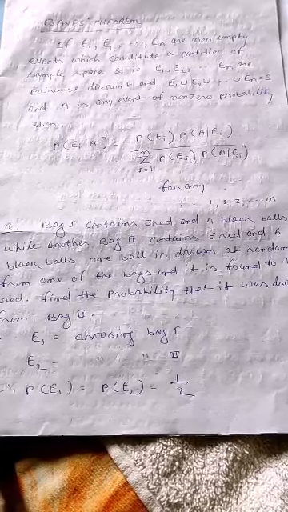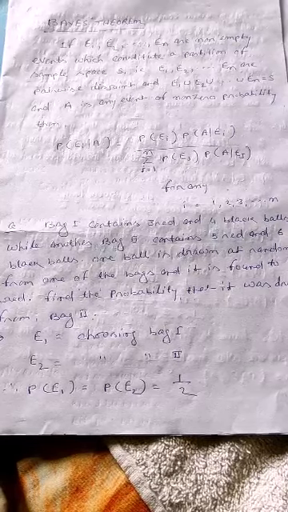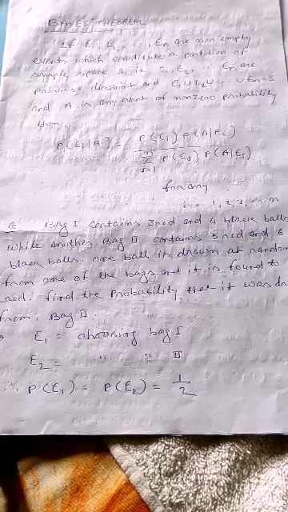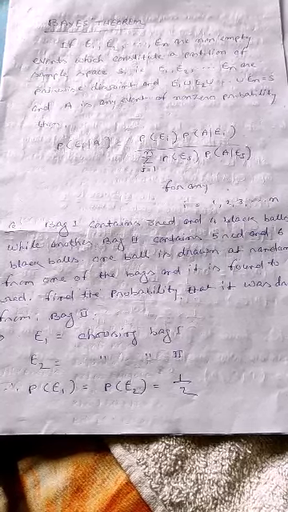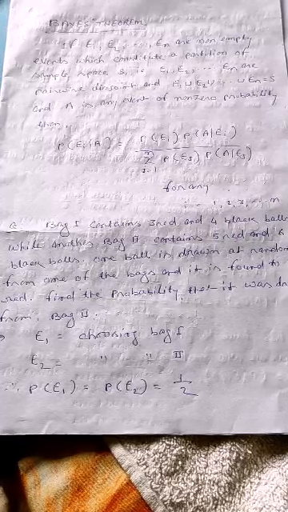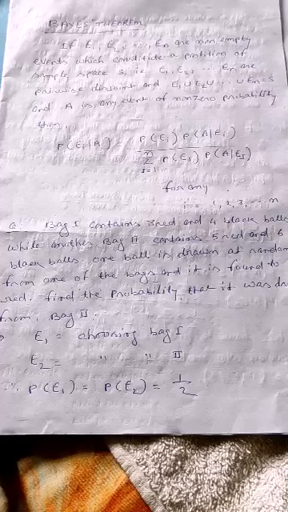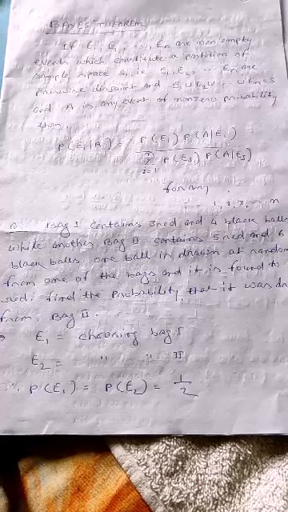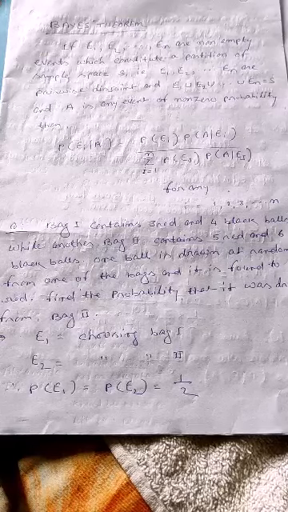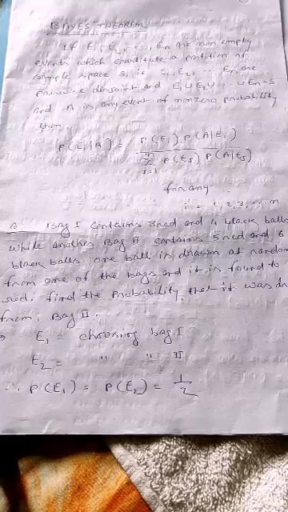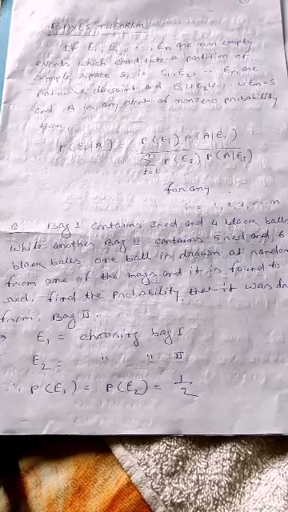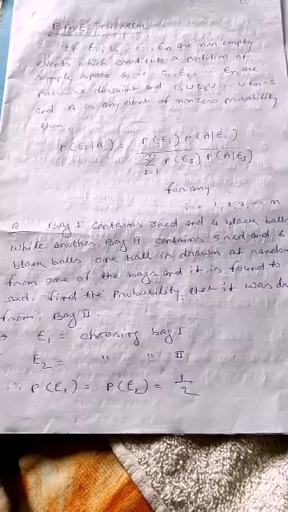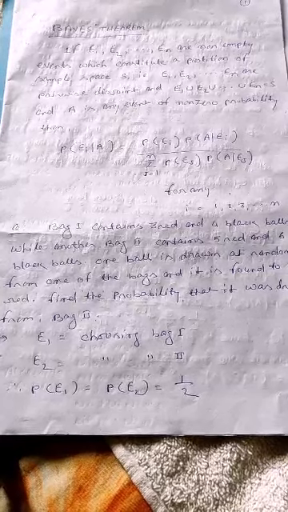As you can see, if E1, E2, ..., En are non-empty events which constitute a partition of sample space S, that is, the union of all these events E1, E2, ..., En is equal to S, and A is an event of non-zero probability, then P(Ei|A), the conditional probability, is equal to P(Ei) P(A|Ei) divided by the summation over j equal to 1 to n of P(Ej) P(A|Ej). This is the formula to find the particular value in Bayes theorem.